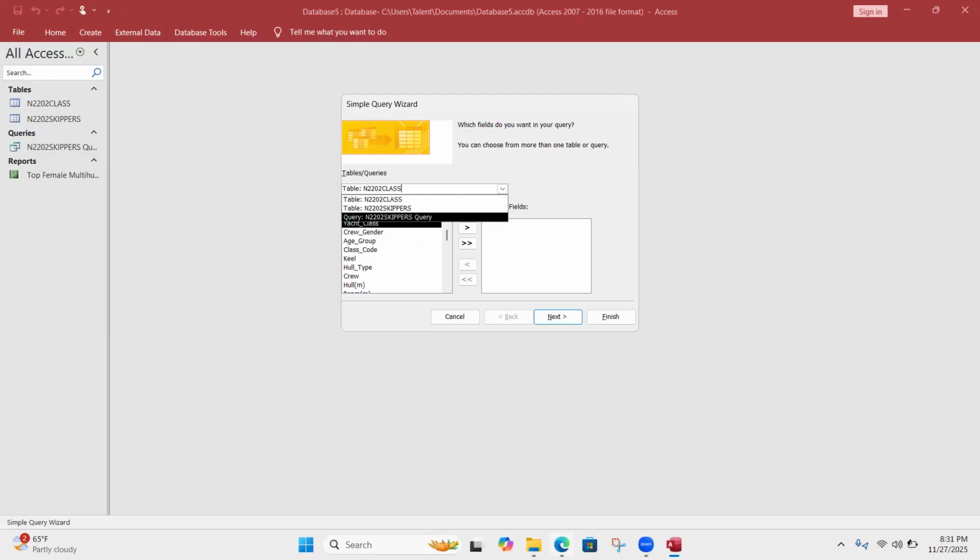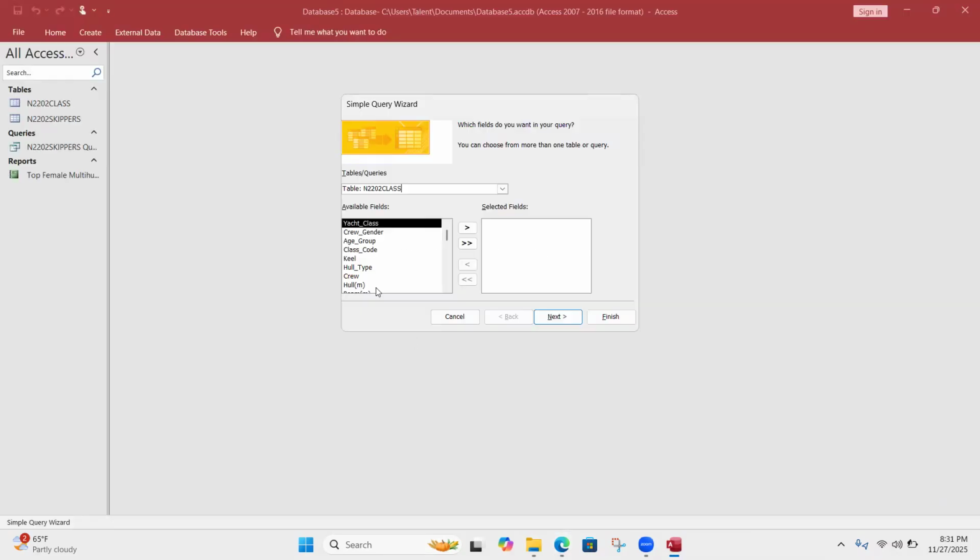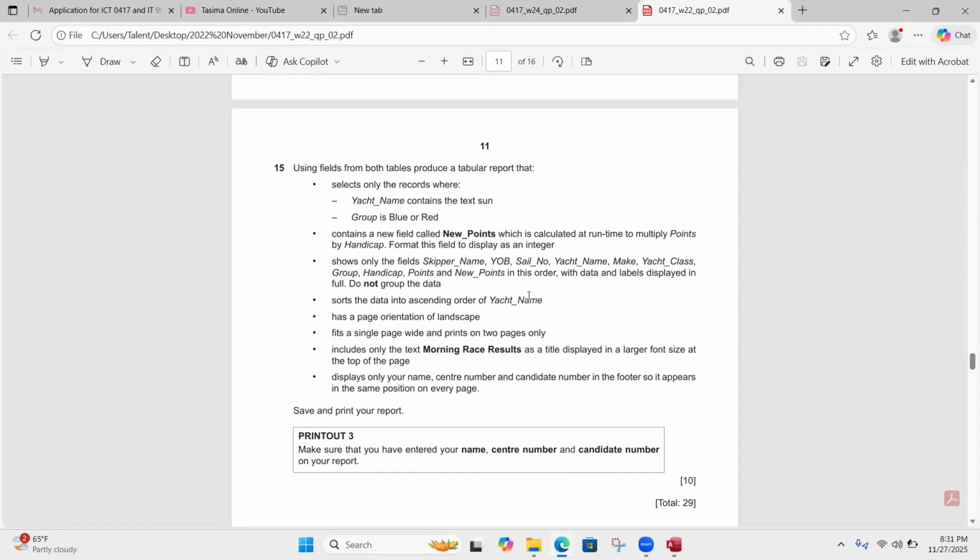So we go back to our question paper and then we pick the fields that we are supposed to select. So we have skipper name, YOB, cell number. Skipper name, so we can scroll down to look for the field. If we don't find it, it means that it's in another table, so we click the other table to find the field. So skipper name, YOB, and then after that, we have cell, yard name, make,